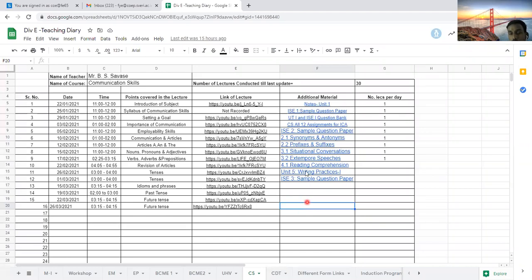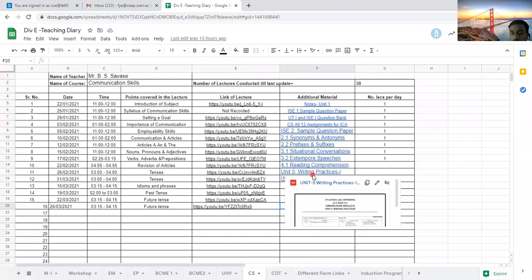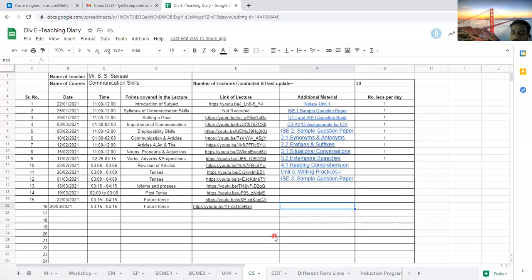So unit number 5 is also there, which is already added here, and we are not going to discuss unit number 5 right now. We are going to discuss it after completion of ISC second, and the ISC sample question paper is also there for 3. So we will discuss that afterwards. Whatever time you have, we will discuss dialogue writing, comprehension, and any questions and answers, synonyms and prefix and suffix also.